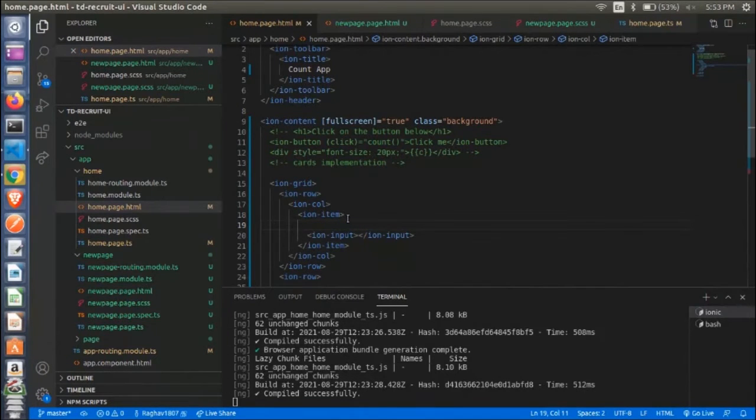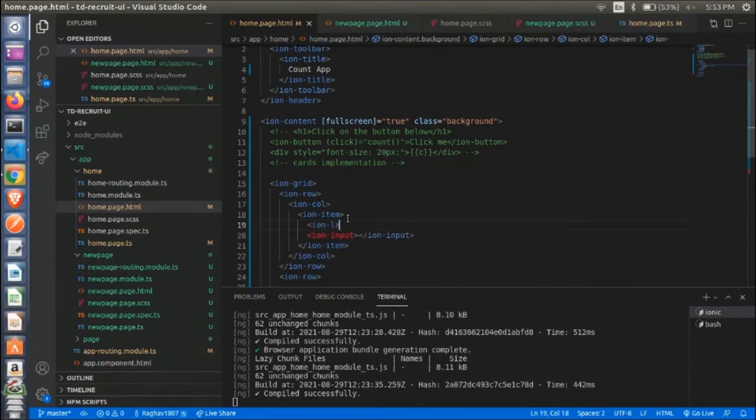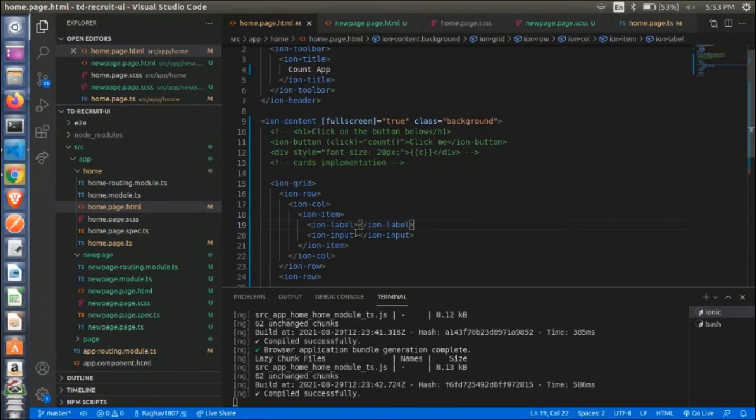Now above the input tag, we specify the ion-label tag. What the ion-label tag does is that it gives the input a label, based on which we can give the input in the text area provided.